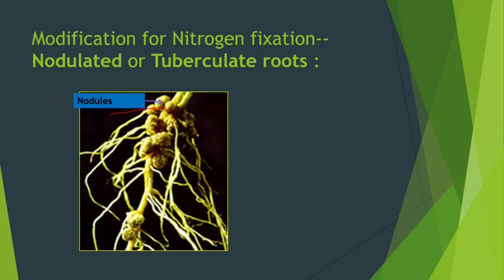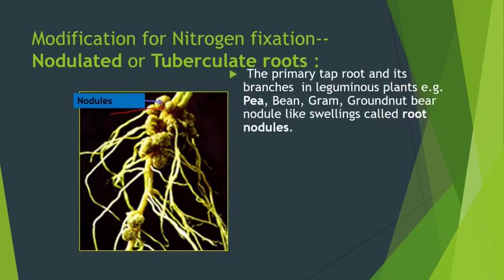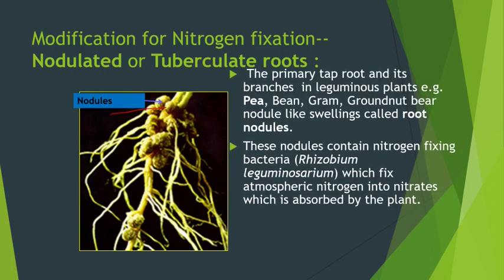And inside this nodule, bacteria stays there. Which bacteria stays there? Rhizobium leguminosarum. And this bacteria, Rhizobium, fixes the atmospheric nitrogen, converts it into nitrite and nitrate, and gives it to the plant. The plant will then prepare amino acids from it, and then it will help in preparation of proteins, which is present in the beans. These are leguminous. Having legumes means beans, or what we can say in Marathi as sheng.